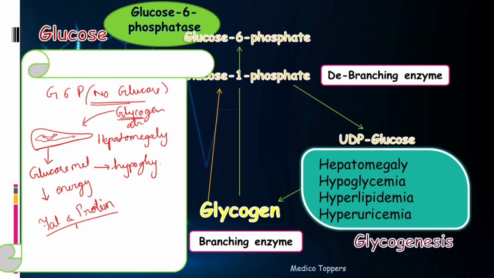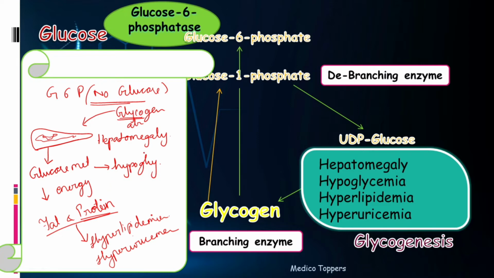So if there is more breakdown of fat and protein, what will it lead to? It will lead to hyperlipidemia in the case of fatty acid metabolism, and in the case of protein breakdown, what will it result in? It will result in hyperuricemia. Okay. So this is how the symptoms are formed in case of Von Gierke